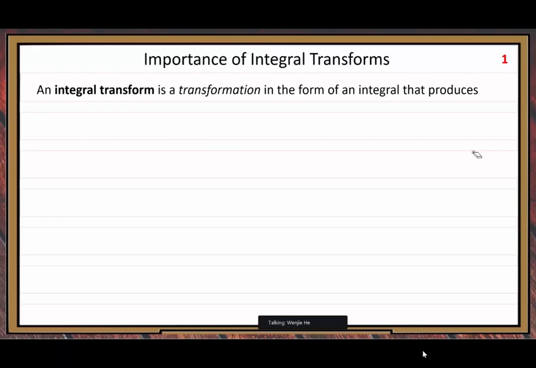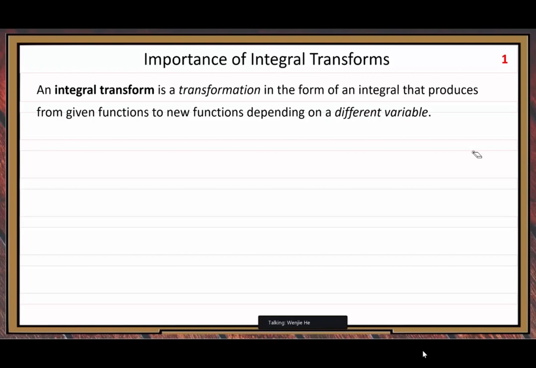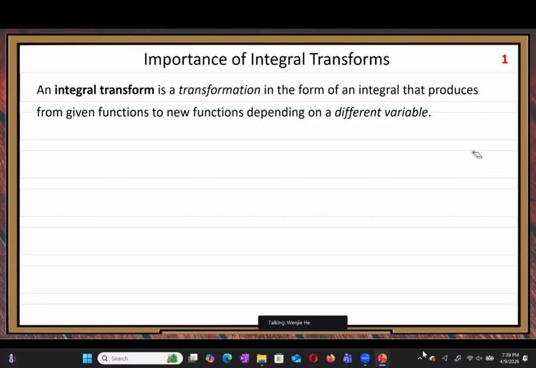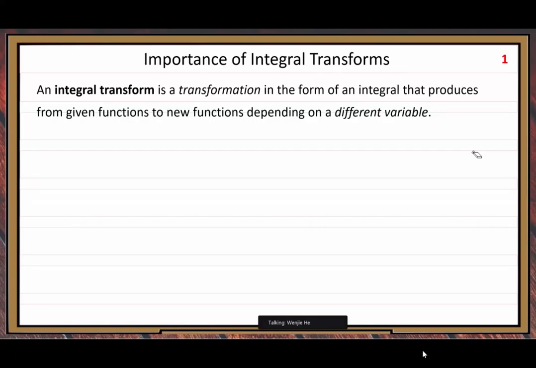Let's actually connect to the first half before the break time, related to what we look at here. An integral transform is a transformation in the form of an integral that produces from given functions new functions depending on a different variable. More precisely, I want to connect to what we discussed in the first half: depending on a different variable here. Because this integral transform gives a